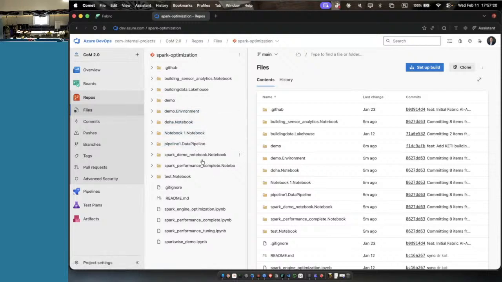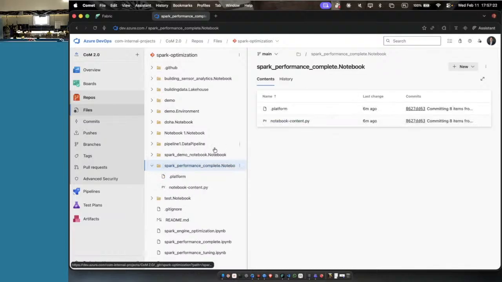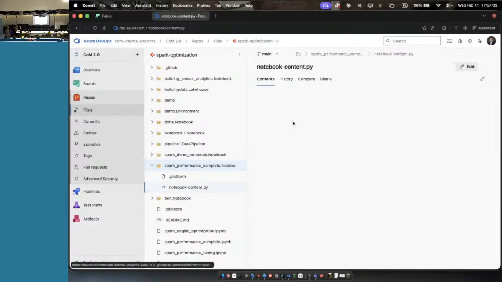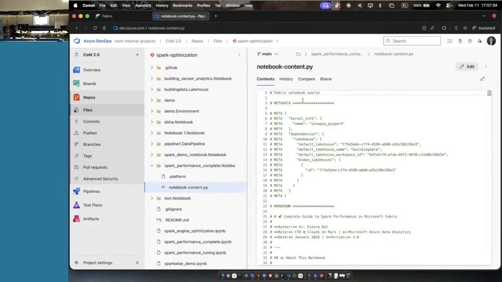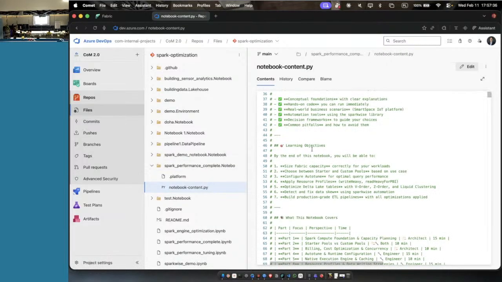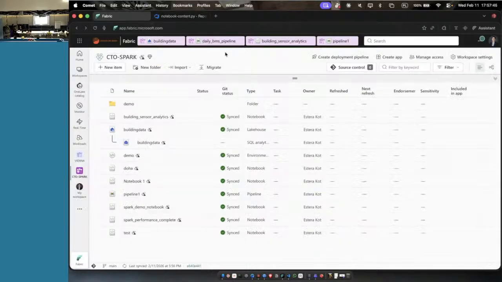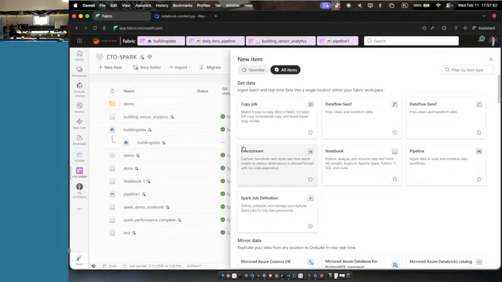You have a specific representation of that artifact. Here, take a look, Spark Performance Compete Notebook, just the folder name, but behind it you are getting a Python file with Jupyter Notebook, the notebook that is behind Microsoft Fabric. And because of it, once we synchronize this Git repo with Fabric, we are getting the reflection in terms of the items. And from the other side, once I create a new item here,